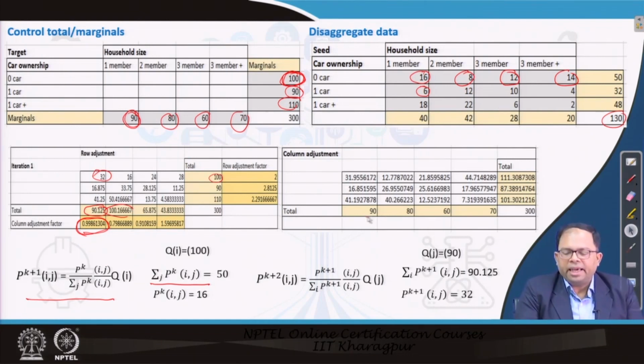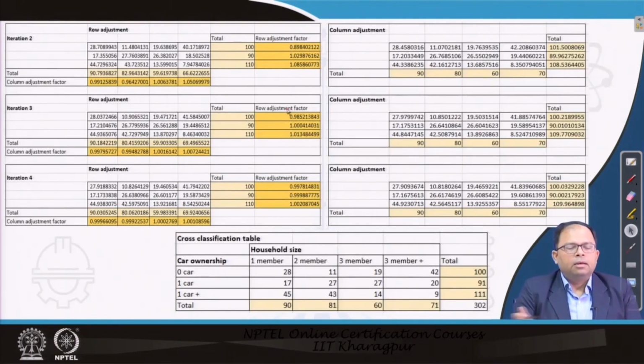Here we see again the columns match, 90 matches with 90, 80 matches with 80, because we are proportionately matching them, but this has changed. So, this is now different from 100, 87 is different from 90, 101 is different from 110. So, in the next step, we will keep on doing this iteration in step 2, step 3, step 4, and we keep on doing this